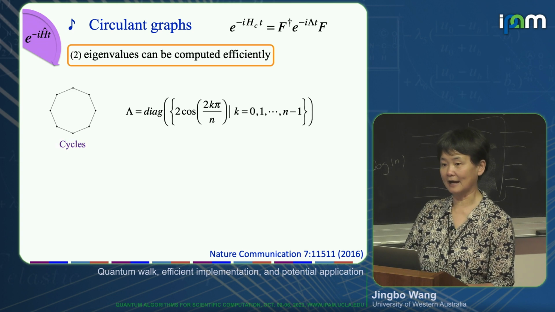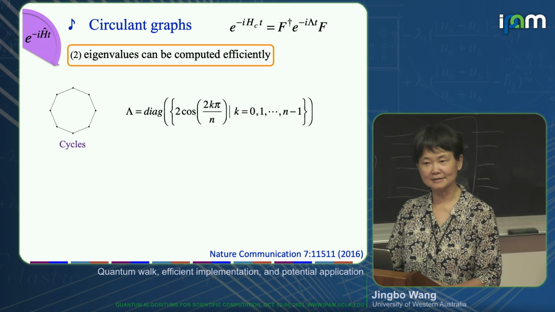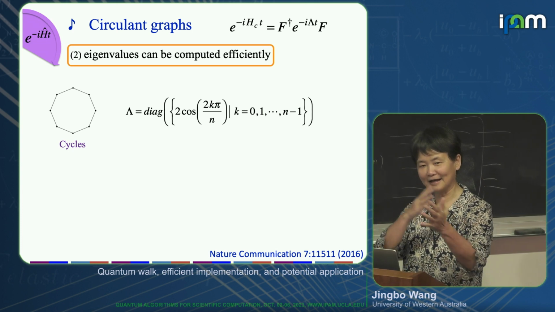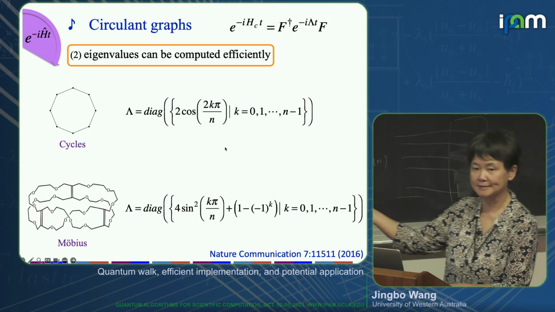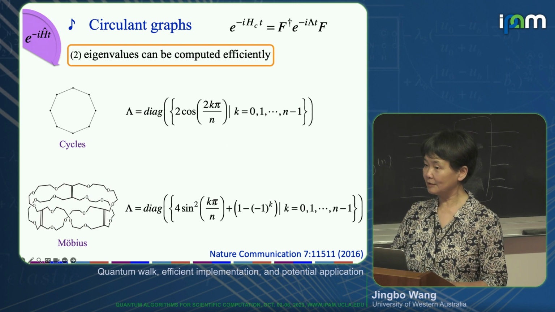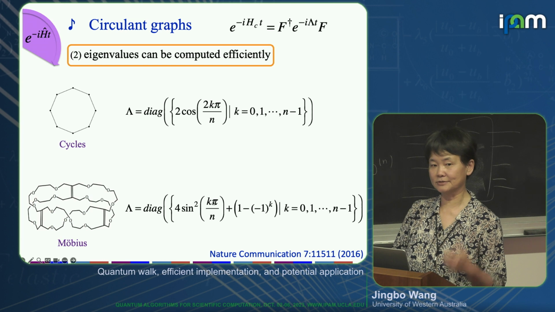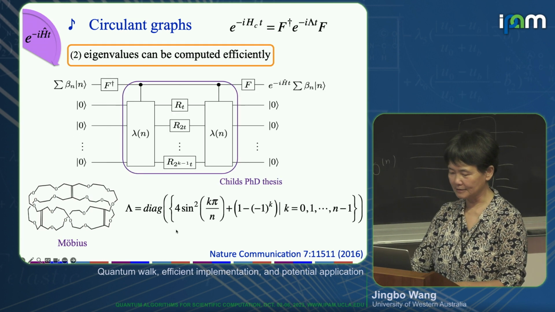So, for example, the cycle graph. Actually, the cycle graph has an eigenspectrum that is quite complex. Not complex, but the eigenvalues follow this cosine. And also the whole family of Mobius graphs. They are all circulant, and for the Mobius graphs you can evaluate the eigenvalues, even though they are all different. And then that's the circuit. I think this is by Andrew